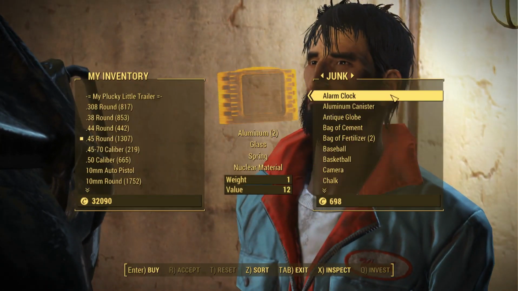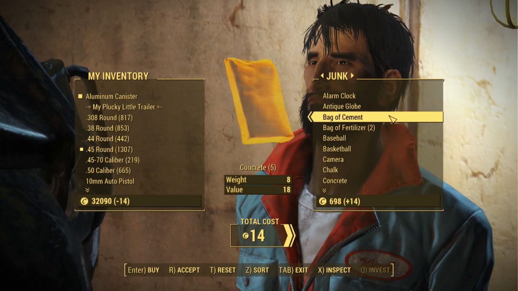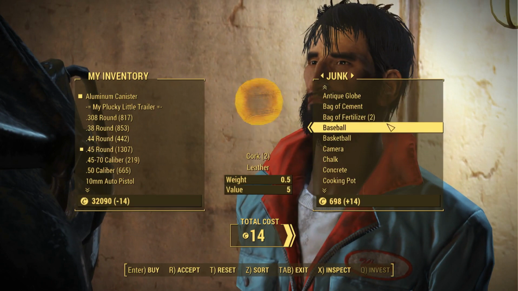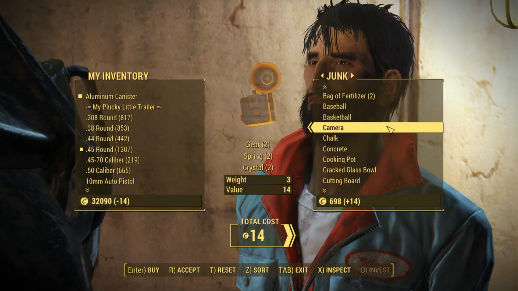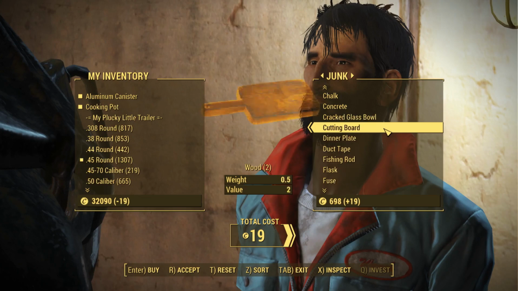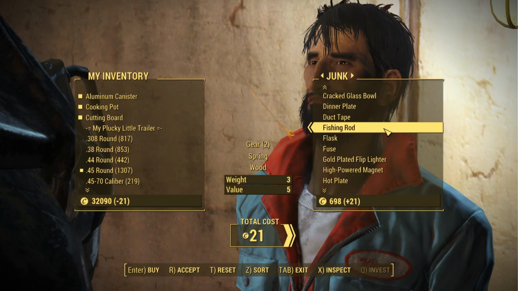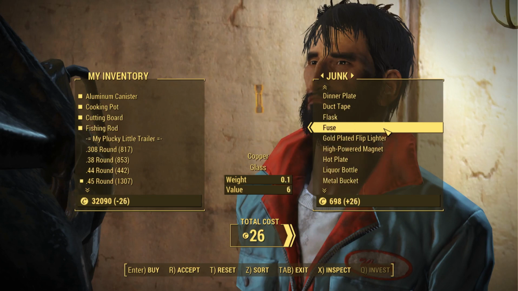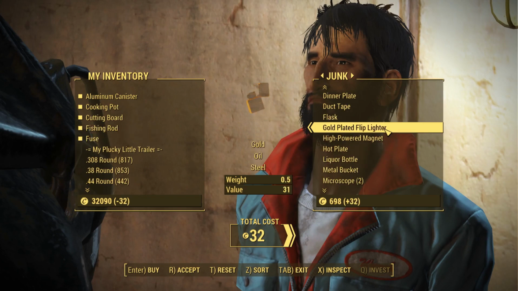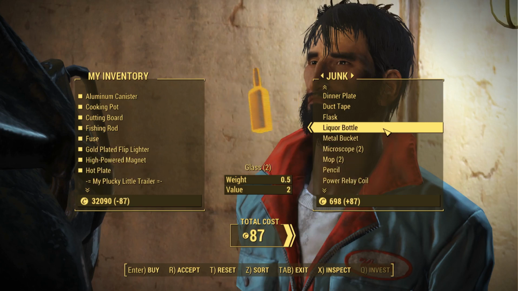Alright, so what does he got? Oh, look, he has junk. Well, that's good. So let's scroll through his stuff. Probably gonna pick up this kind of stuff I usually get. Copper and steel. Well, copper anyway. Copper and aluminum. Yeah, probably need gears and stuff, and more oil, and more copper, and circuitry, and...